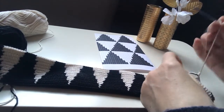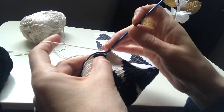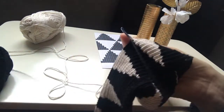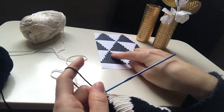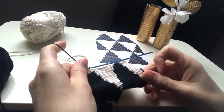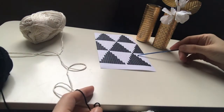So let's do first 5, 1, and 11, and then again the pattern will follow: 3 black, 11 white, 3 black, 11 white, right? So this we are going to do for another 2 rows. So I will finish these 2 rows over here, I will finish these 2 rows over here, and I will